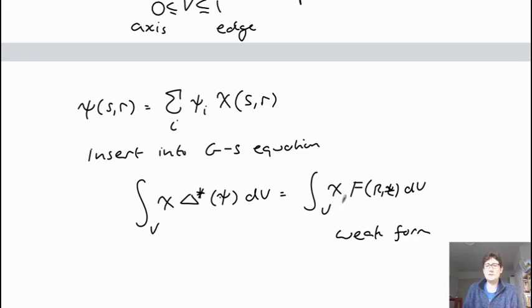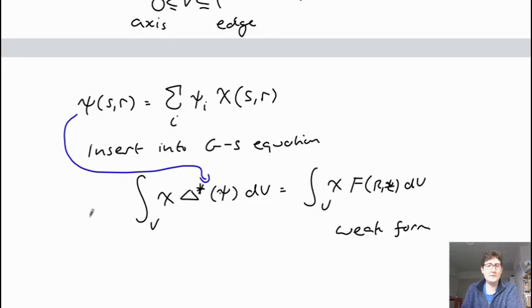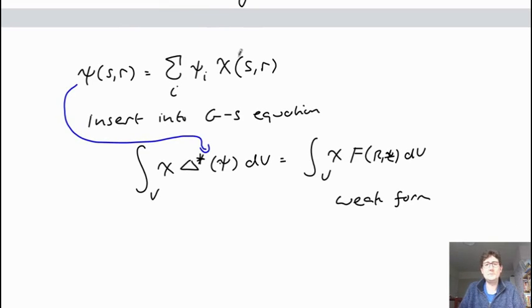So you essentially multiply through by a test function, integrate over the volume, and then by inserting this solution here into this equation here, you can turn this equation into a linear problem, because all these coefficients you can take through the derivatives, and so you end up with terms involving derivatives of the basis functions. And then there are many different choices you can make. So a typical choice, for example, is that this is Hermite. Hermite polynomials.